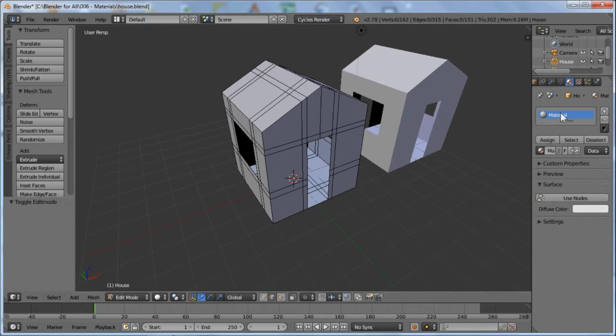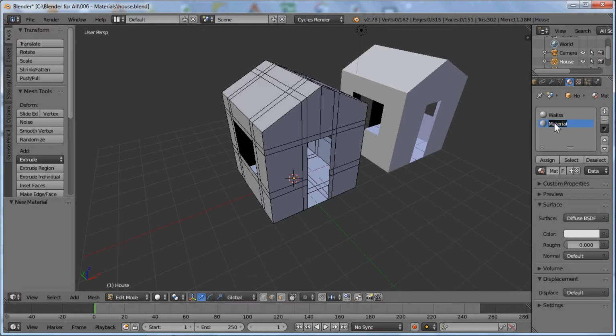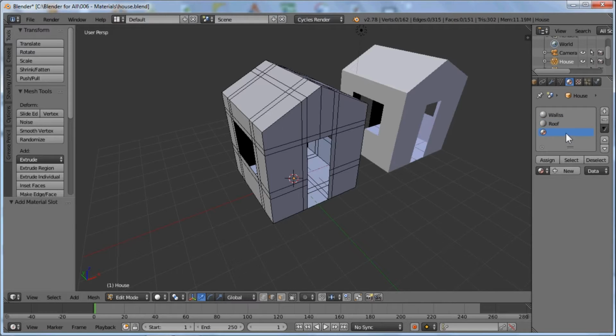This one we're going to change to walls. Add new material. Then this one will be roof. Next one will be